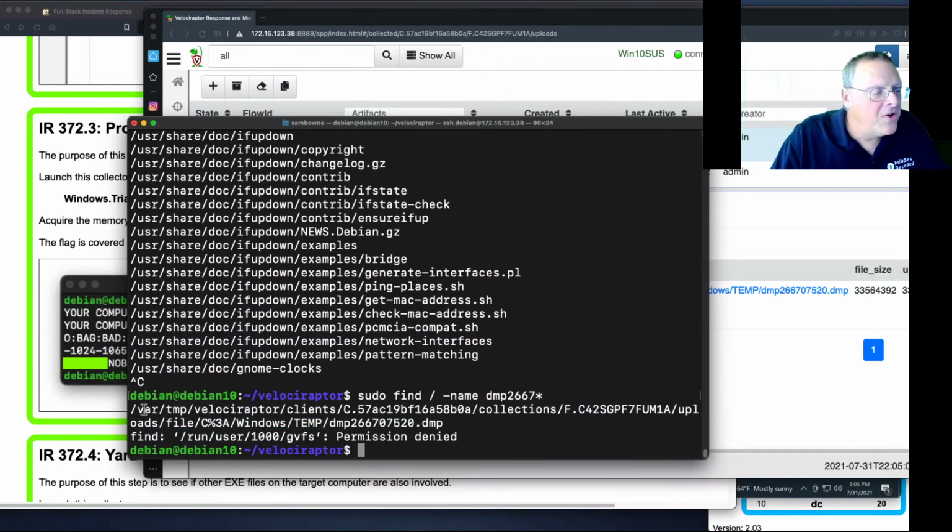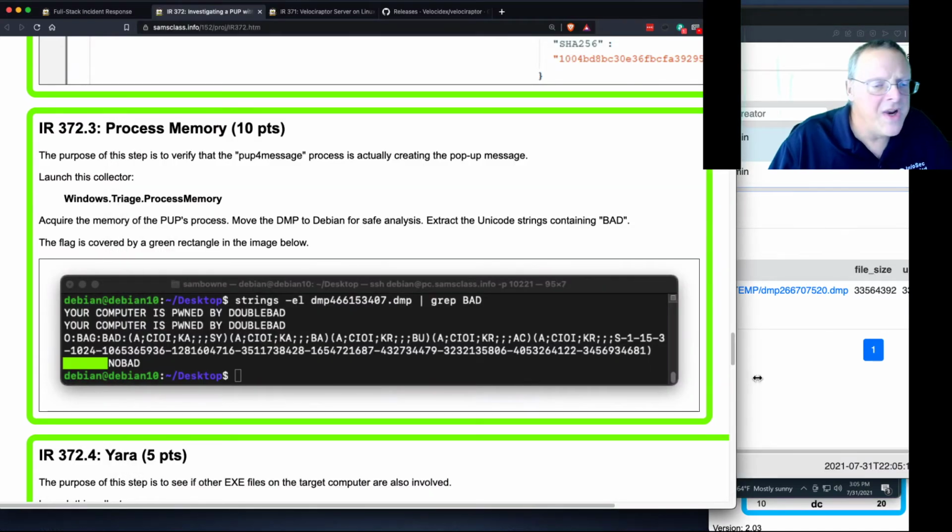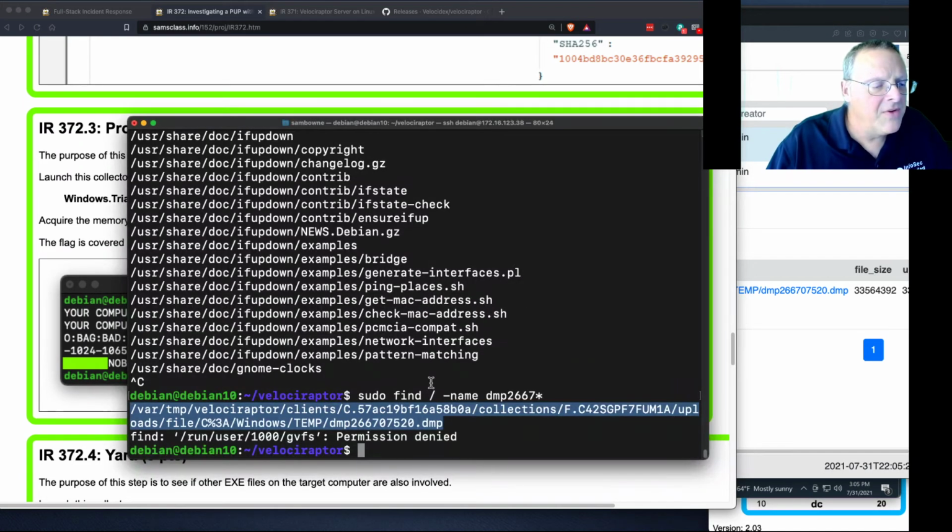So now I can look for strings inside that file with the strings command. That should copy it. All right, so now, yes, strings. If I run strings on that file,